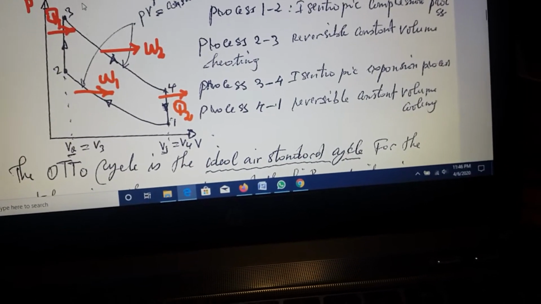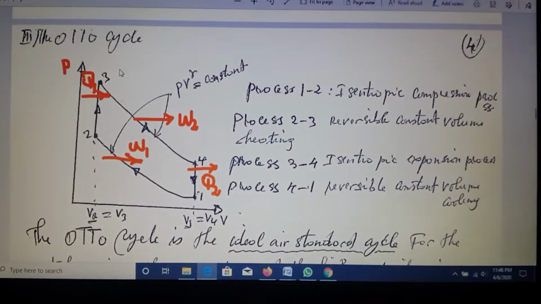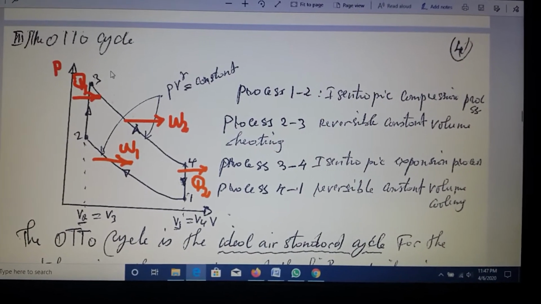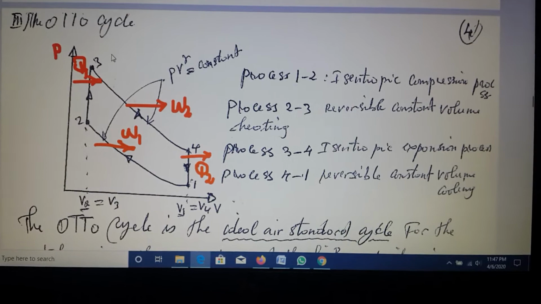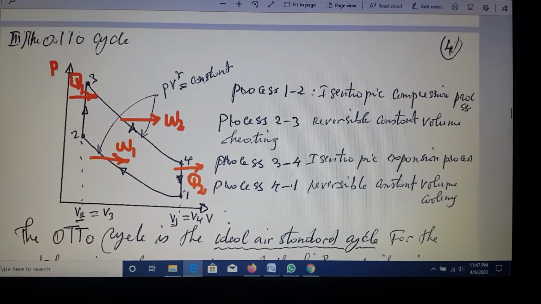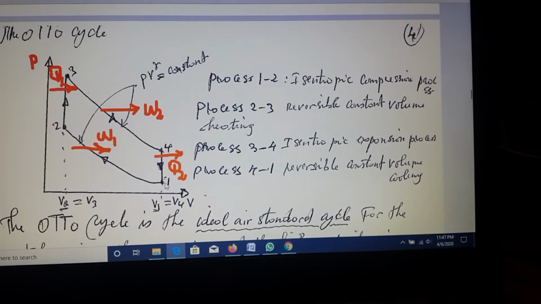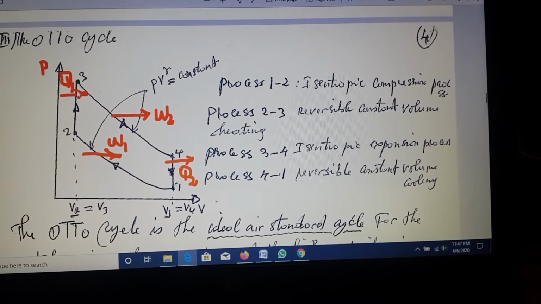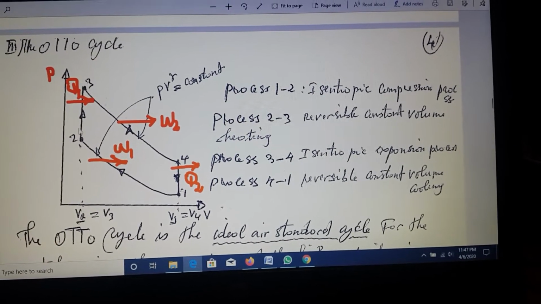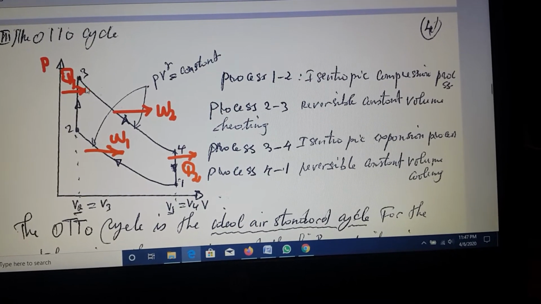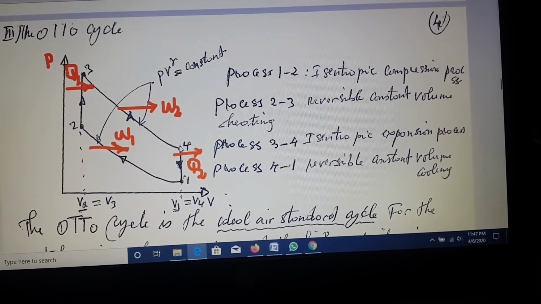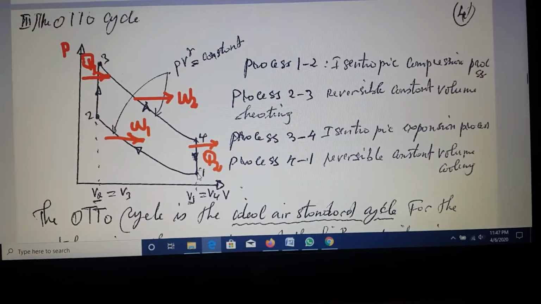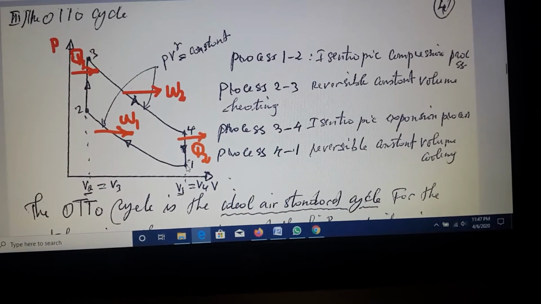So now if it is asking you to sketch the Otto cycle, how should it be? It should start from somewhere here, draw your curve to 2, and then you draw your vertical line, and then you go to 3, and then draw another curve, go to 4, and then draw the vertical line to come close on 1. This is how your Otto cycle is.